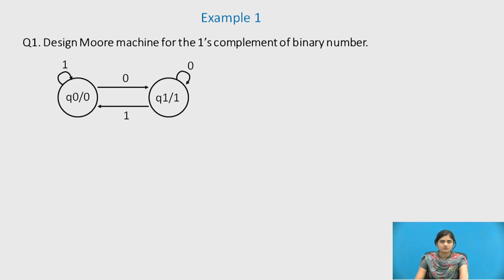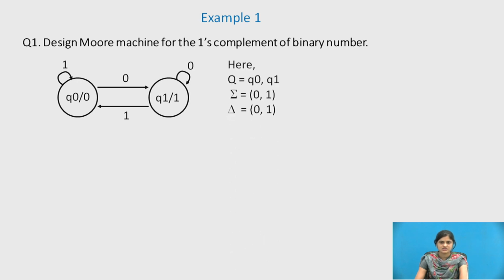Here we have designed two states Q0 and Q1. If one input is given to Q0, the output should be 0. So if one input is given, the machine is reaching to Q0 state where output is 0. If 0 input is given to Q0 state, it is reaching Q1 state where the output is 1. Again at Q1 state, if 0 input is given, it is reaching to Q1 only because the output at Q1 is 1. And if 1 input is given to Q1, it is reaching to Q0 state where the output is 0. So in this way we have designed the Moore machine.